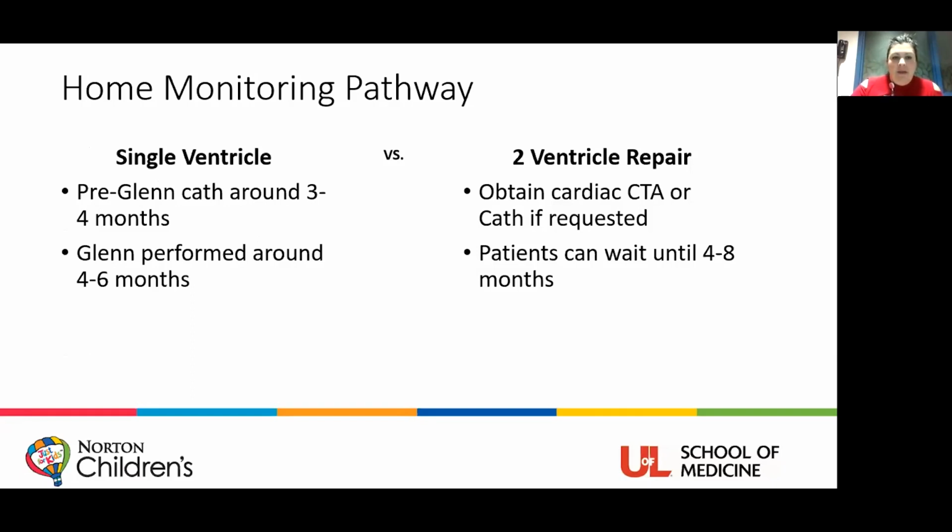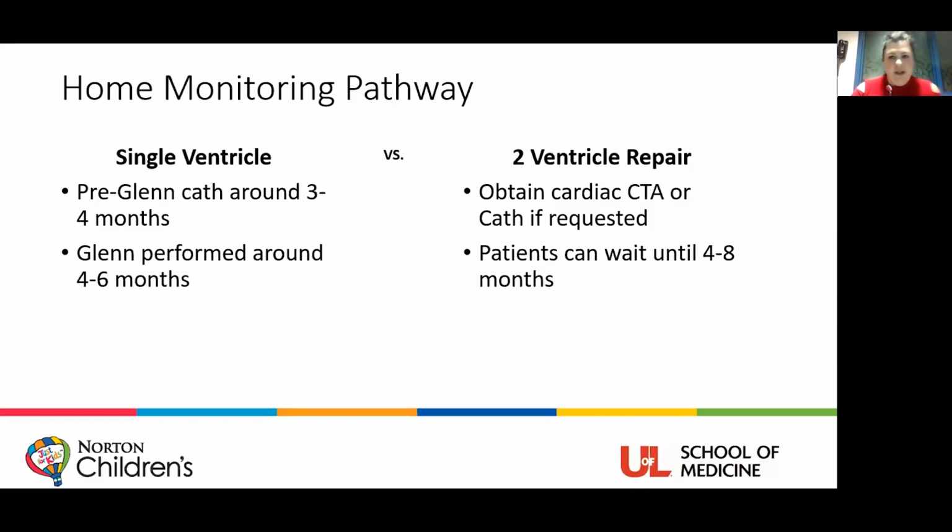So again, the pathway. We're following these patients every 2 to 4 weeks, depending on if they're a shunt versus a band or stent. If the patient is going to be a single ventricle, then they will need a cardiac cath pre-Glenn, because Glenn would be their second stage surgery, bidirectional Glenn, and they will have that around 3 to 4 months of age. Then we continue to follow them until their planned surgery, which is around 4 to 6